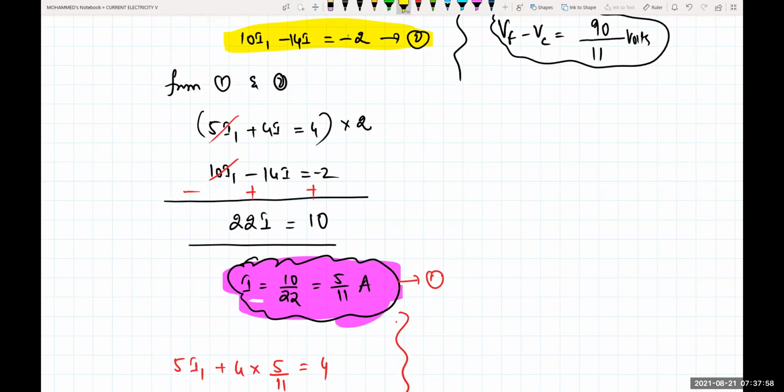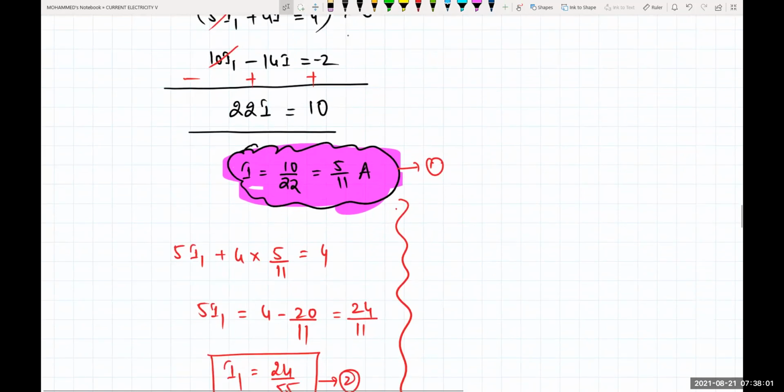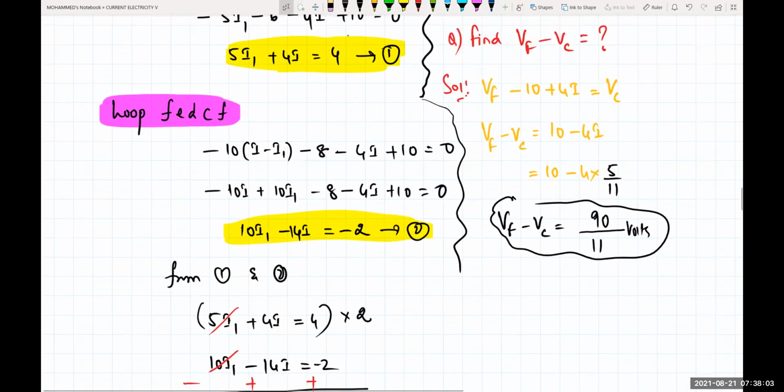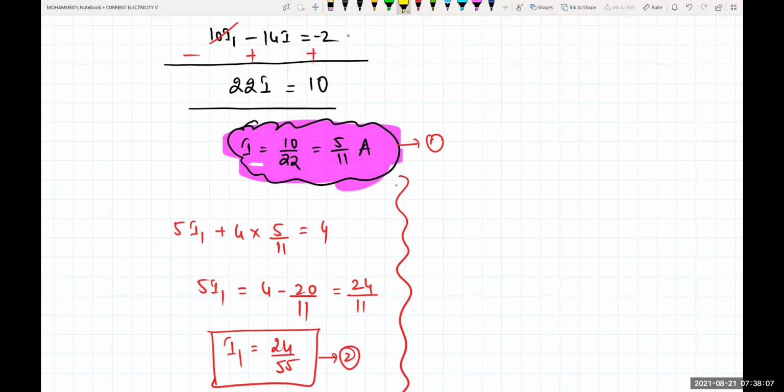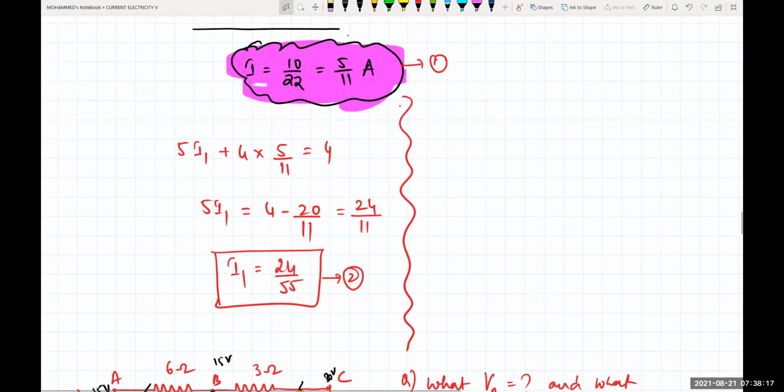Chalo. Now once I get the value of the total current, can I get the value of I1 from equation 1? From equation 1, 5 times I1 plus 4 into 5 by 11 is equals to 4. So 5I1 is equals to 4 minus 20 by 11. 5I1 is 24 by 11. So I1, how much did I get, beta? I1 is equals to